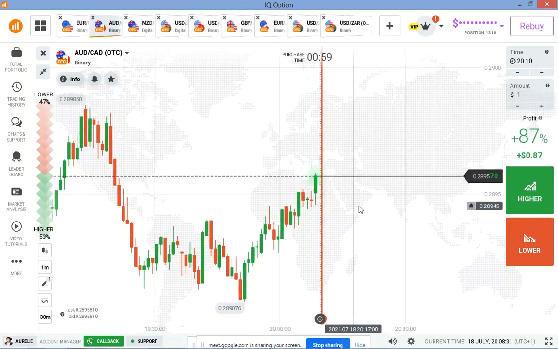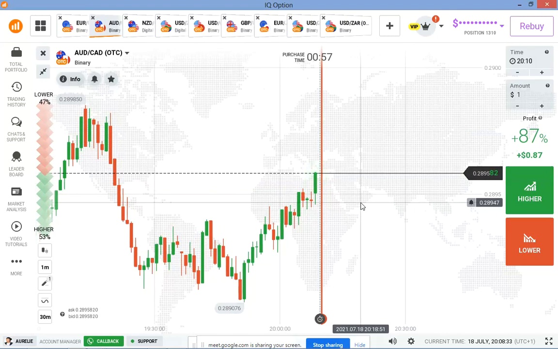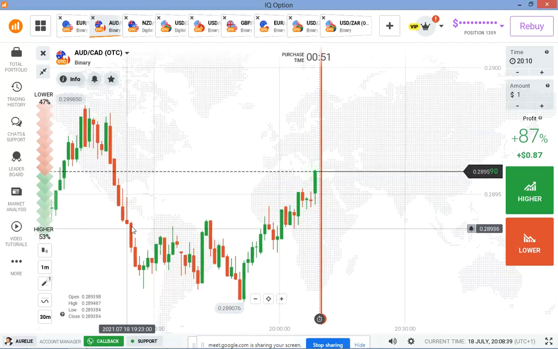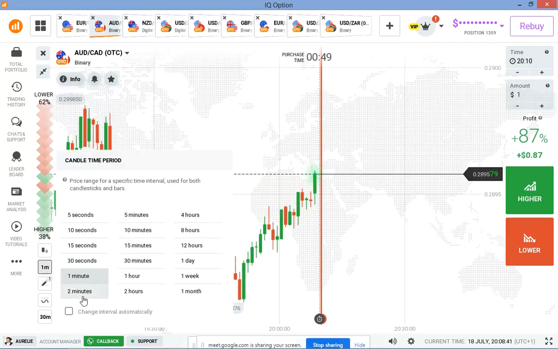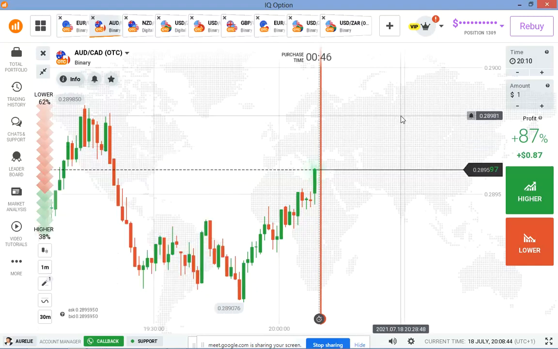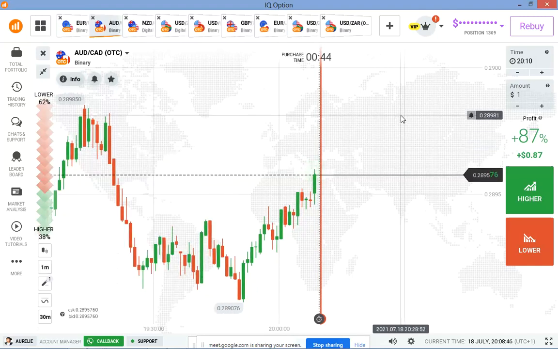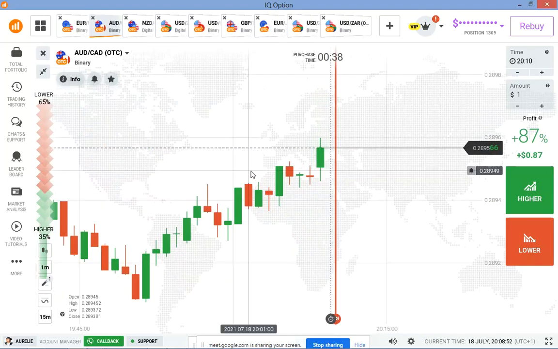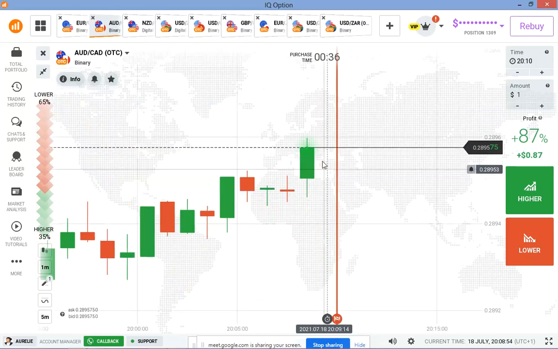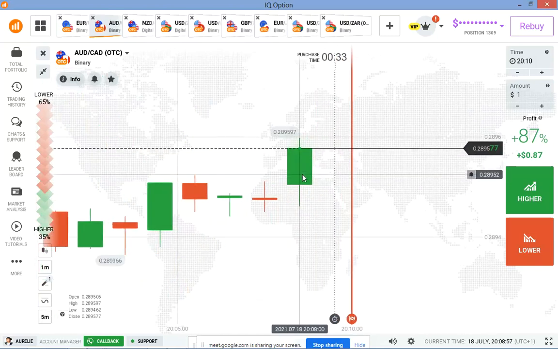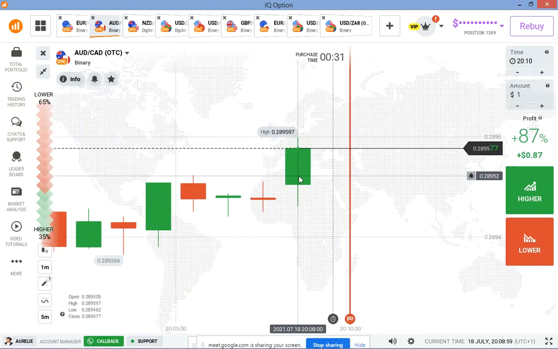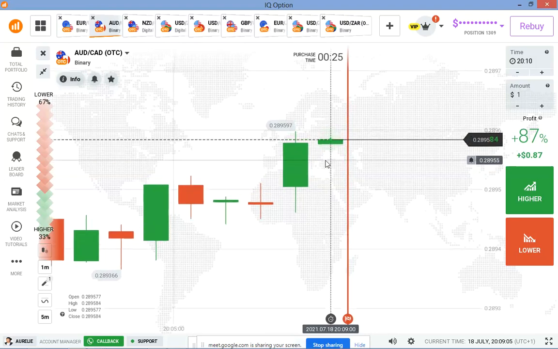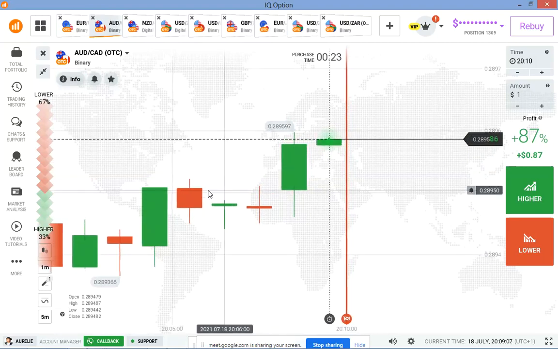Or maybe you are the kind of trader that is not stable, or that does not have enough patience, just go to higher time frame. Choose any of these, like 2 minutes, 5 minutes, 10 minutes, then place your trade. So it will make you think on how you can make profit in the market. So right now, today's class is going to be on how you can predict candle. Let's say, for instance, this candle is running, and this is 1 minute, as this candle is running, you should be able to know what is going to be the next candle. That is exactly what I want to show you today.